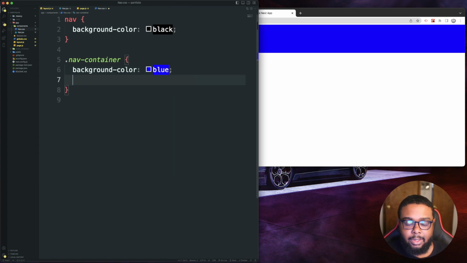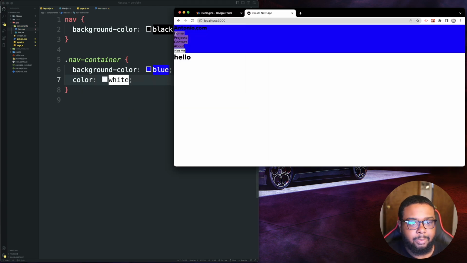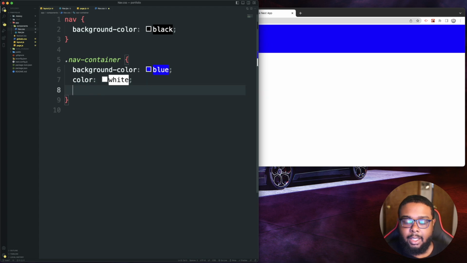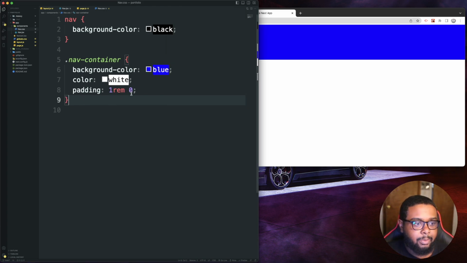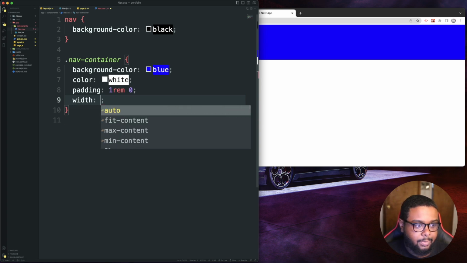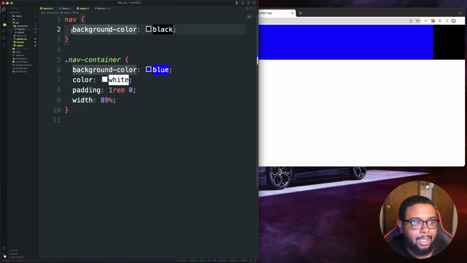Okay, so now I want my color on my text to be white. That's just gonna make all the text white, and I want a padding of just 1 rem top and bottom, and 0 rem, 0 left and right. All right, just to make it a little bit bigger. And now we want to do a width of 89%. So as you can see, now the width is only 89%, so you can see the black background